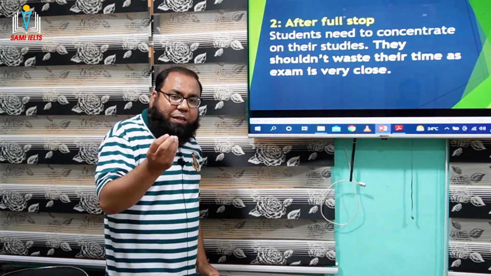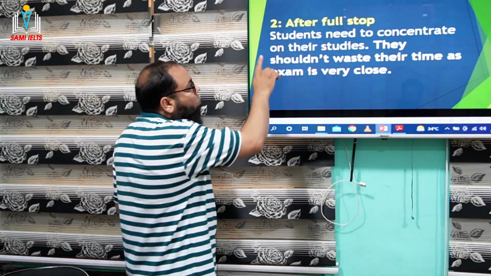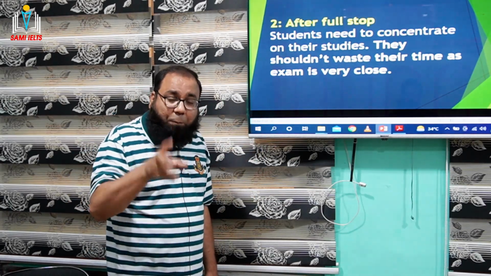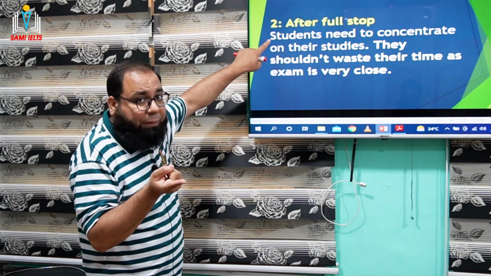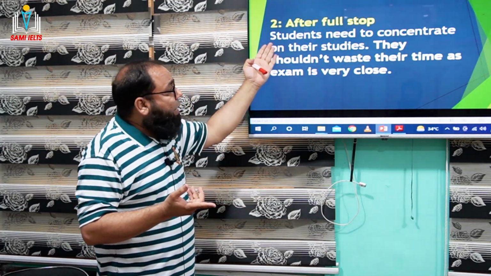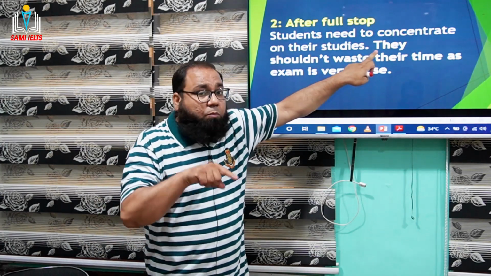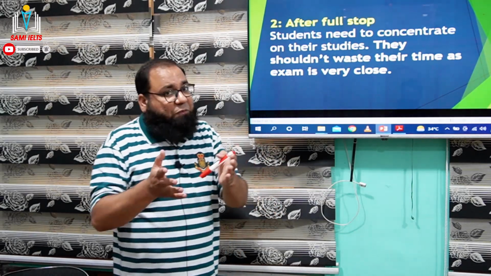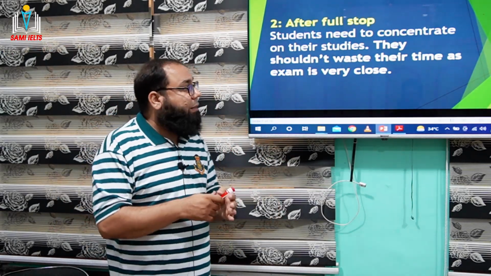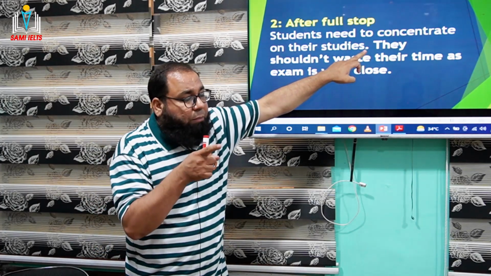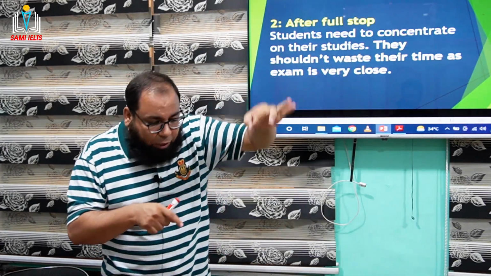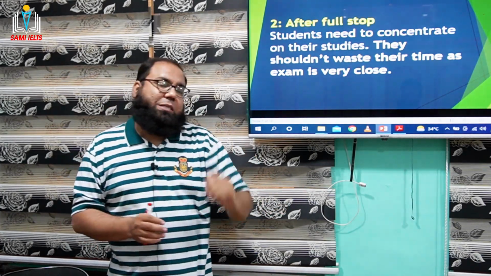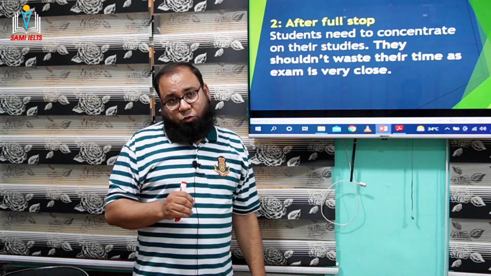Now, can anybody tell me why this S is capital? You have a proper answer for this: because it's the start of writing. After that, this D is capital. Now, may I ask what the reason is? Why is this D capital? I know you must have the right answer, and that is the full stop there. So guys, remember, whenever you place a full stop anywhere, after the full stop the immediate letter is always capital. So that is rule number 2.